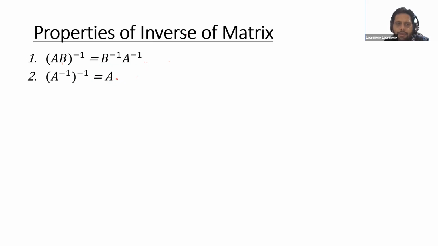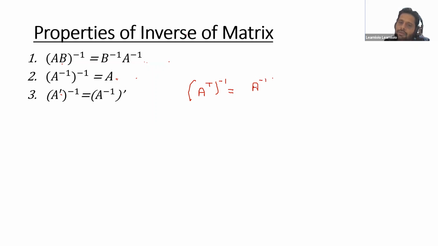I guess everyone has completed this. Please check the third one. The third is the sign of transpose. If you find the transpose of a matrix and then find the inverse, that will be equal to, if you first find the inverse and then find the transpose of that. So if you're finding the transpose of a matrix and then finding the inverse, that will be equal to,